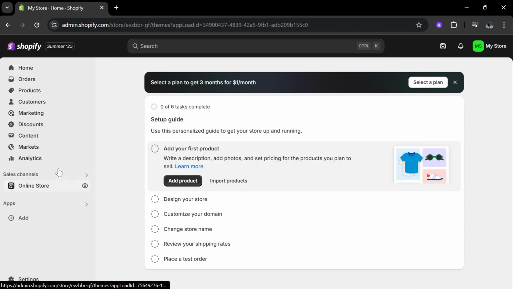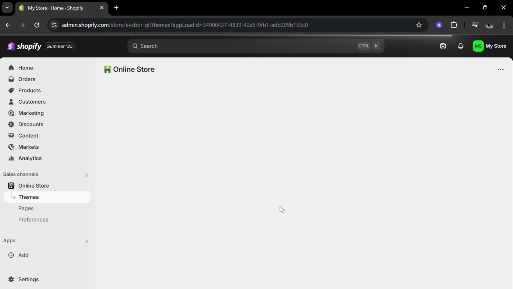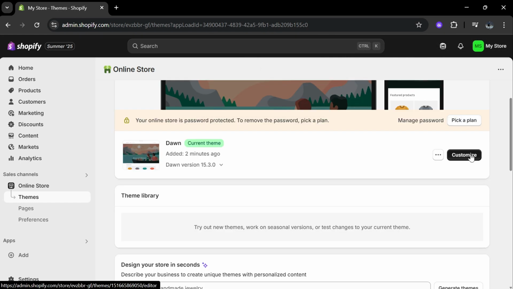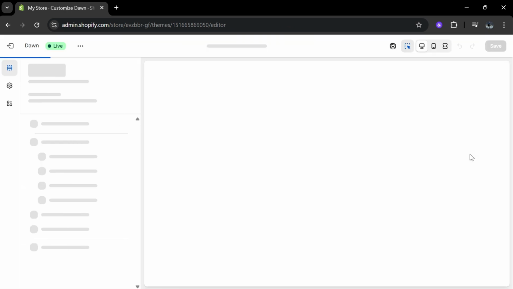Some new options will appear, and below, select Themes, and this page will display various themes to customize your Shopify store. Locate your current theme and click on the Customize button. Your store will open in the editor, allowing you to edit your entire store, including the header, body, and the